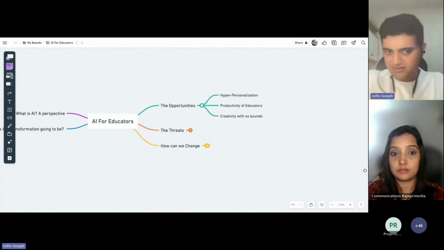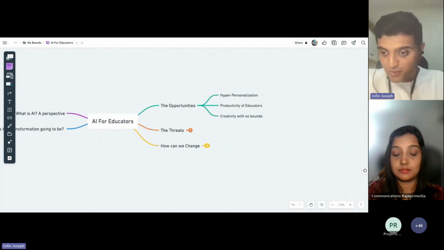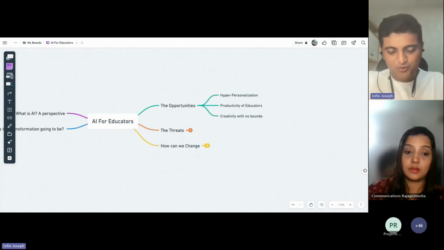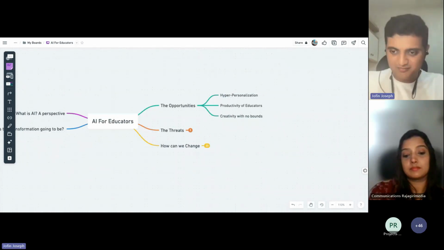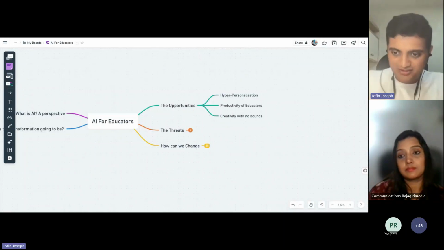So one is hyper personalization. Everyone talks about personalization, right? The real advantage of AI is that it can give you very personalized help. It's like each one of you, if you had all the 24 hours of your time dedicated to your classes, right? And that is what AI is bringing.